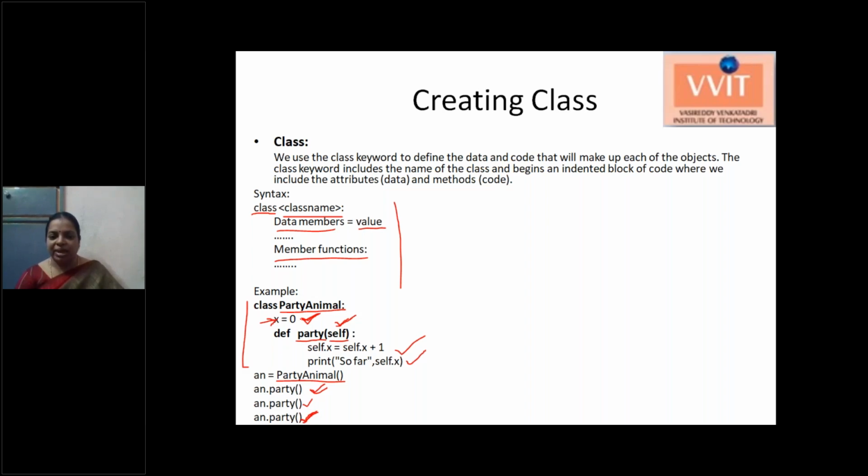Here we are using a class variable. A class variable is shared by all the objects of the class. So when you call for the first time, x is 1, for the second time x is 2, and for the third time x is 3. The same variable is incremented 3 times, so you will get the values 1, 2, 3.